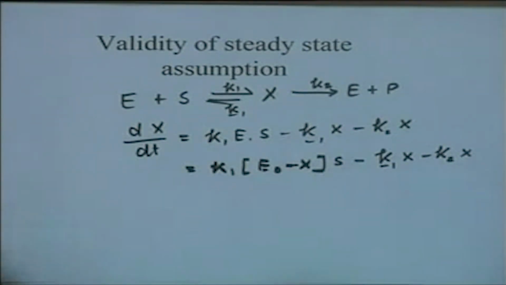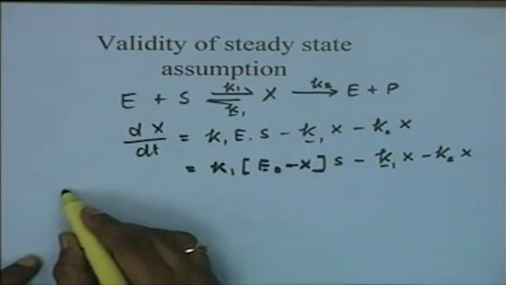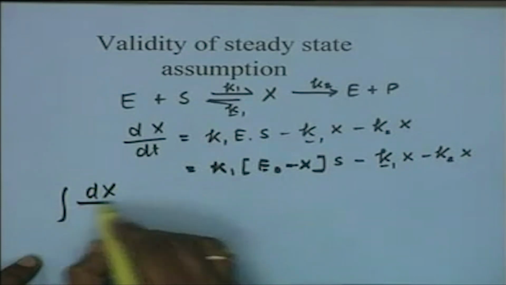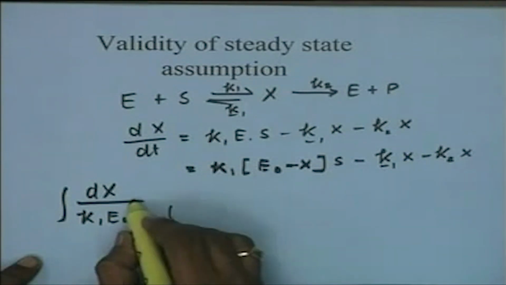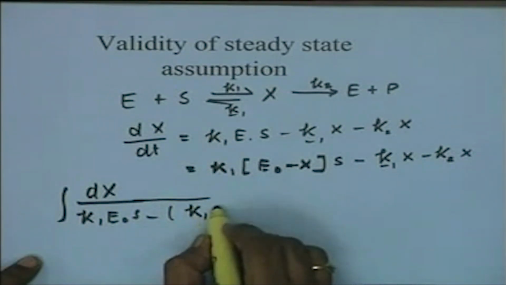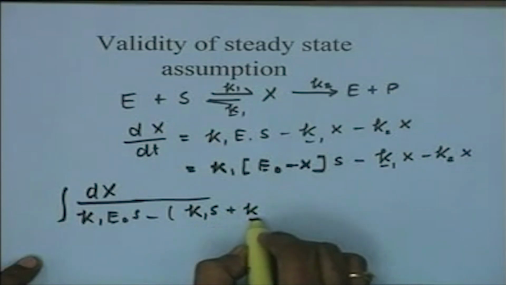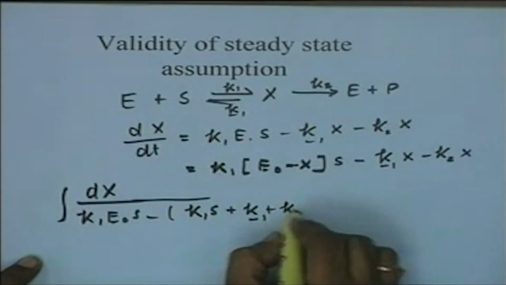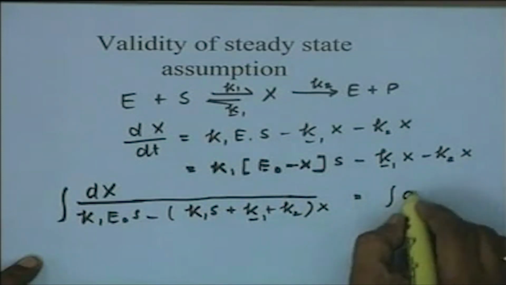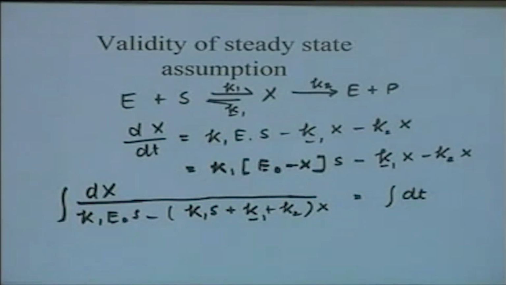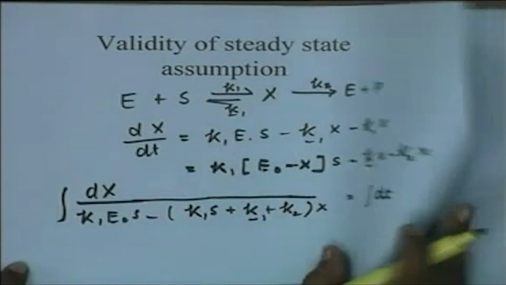Now you can separate the variables X and T in this equation, and ultimately therefore you can write dx over (K1 E naught S minus K1 S plus K minus 1 plus K2 into X) equal to integral dt. Now if you just solve it, you will get a logarithmic term, and the logarithmic term